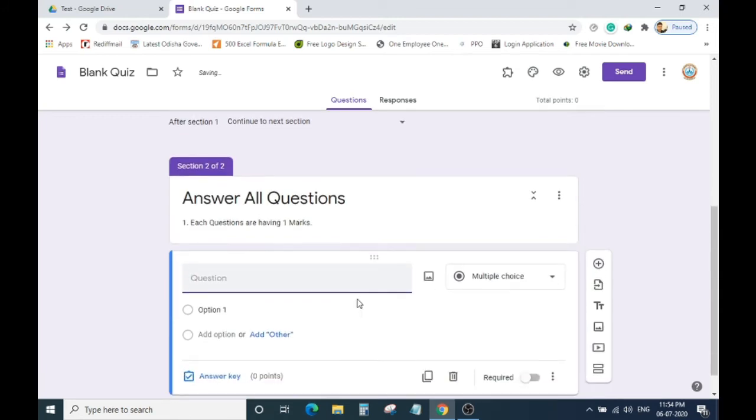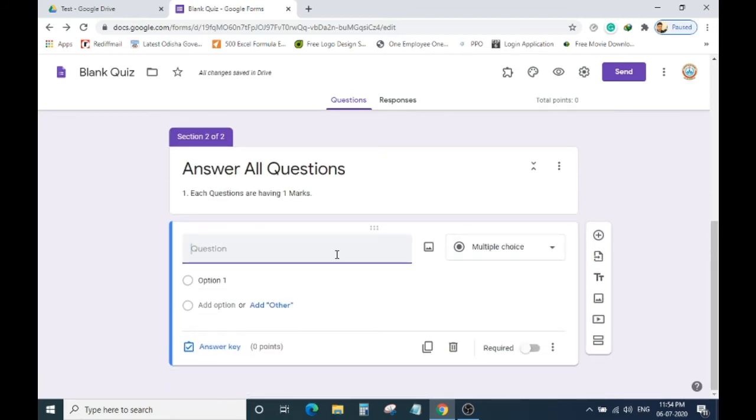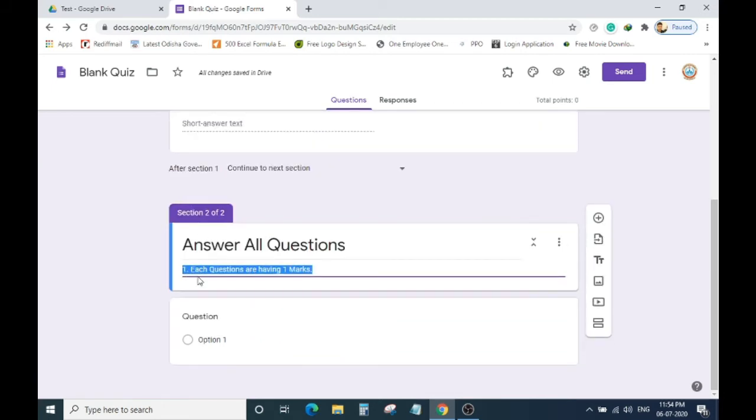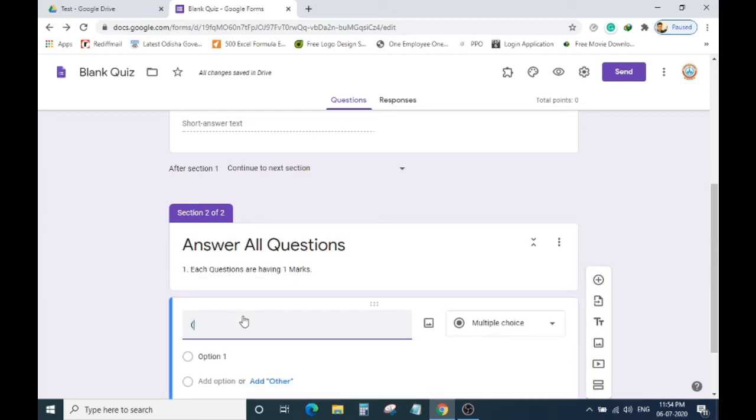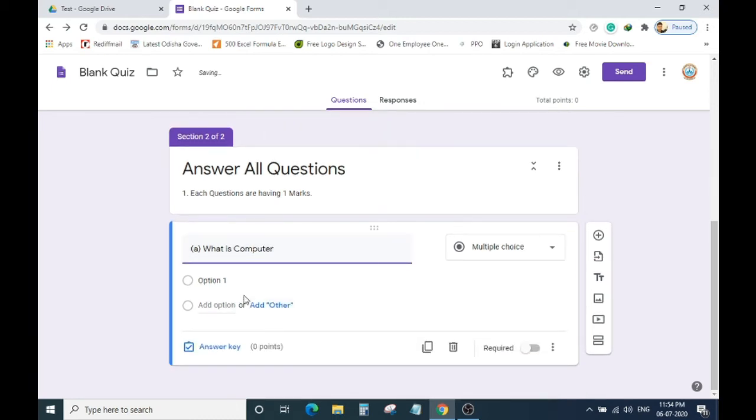Next, suppose you want multiple choice. So let me type one question. Suppose this is your section A. So you will write, let it be one. Suppose I will write here A, what is a computer? Okay, so options are